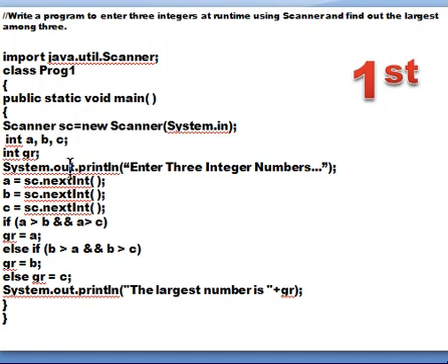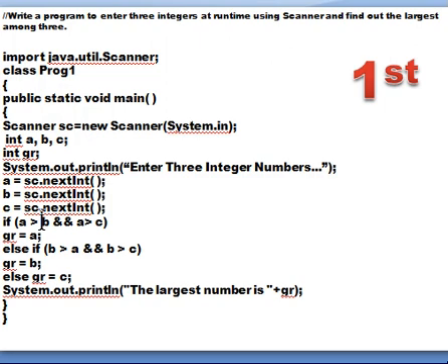Remember, nextInt is a predefined method. It is a method of the Scanner class, and in order to use the method of the Scanner class, we have to use the object of the Scanner class. This is how we call the method. So a is equal to sc.nextInt. What will happen because of it? On the terminal window, it will be asked to enter an integer value, and that value will be stored in a. Similarly for b and similarly for c.